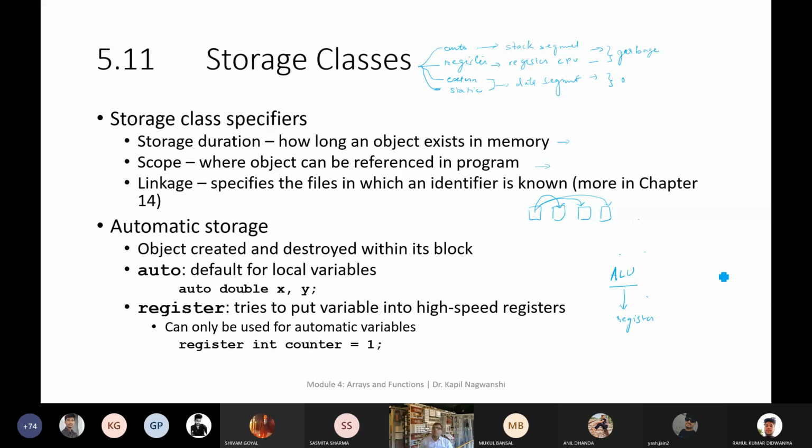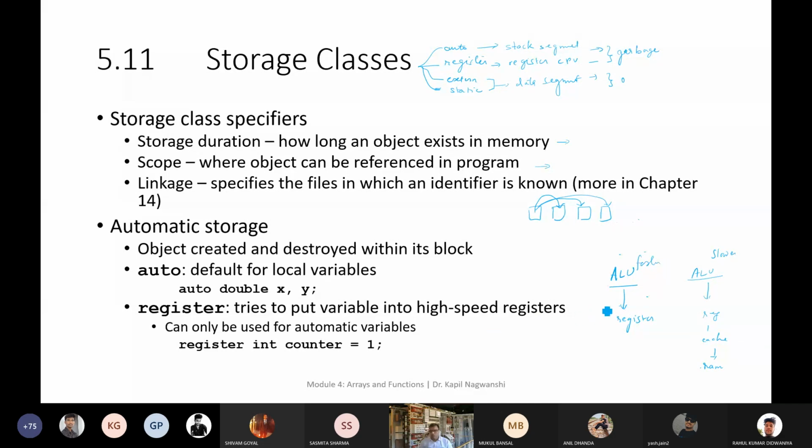While auto is in RAM. For the ALU, different levels are there, like registers and cache, and after that RAM is coming. So from RAM, three hierarchies it needs to pass, and after that it will calculate the result. So that's why it is slower and the register is faster.